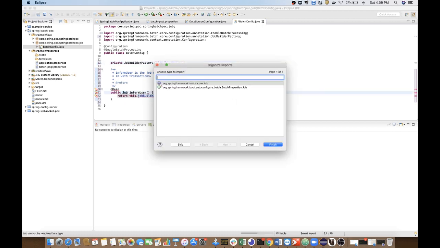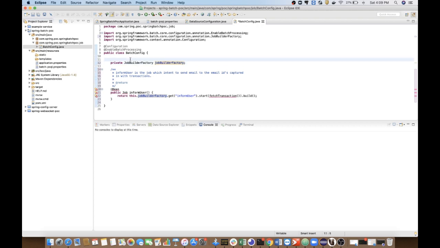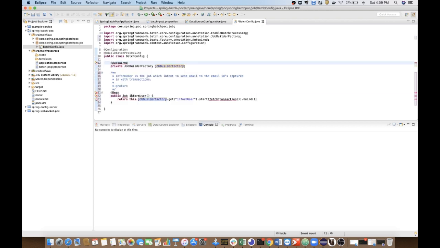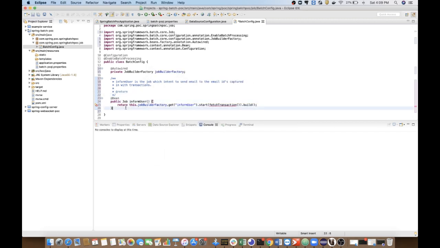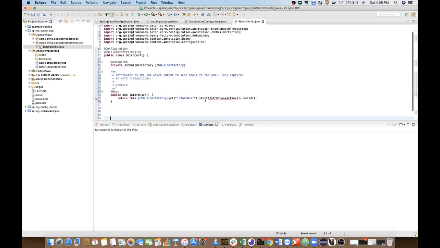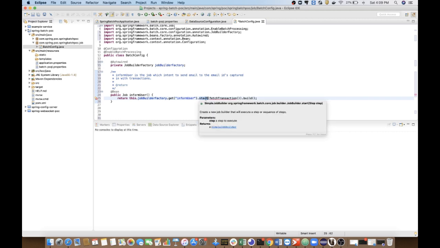So we are autowiring it. Fine. Once we have created the job, now we need to add the steps in it. Basically this is creating the job. It is the start. When we call the method start, it needs a step, and once we get the steps it will build.